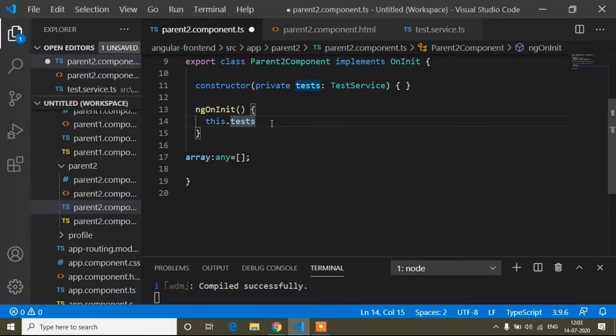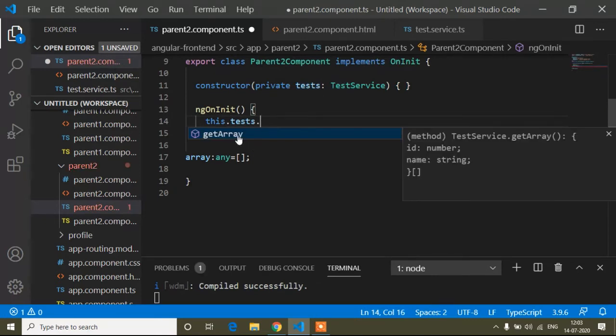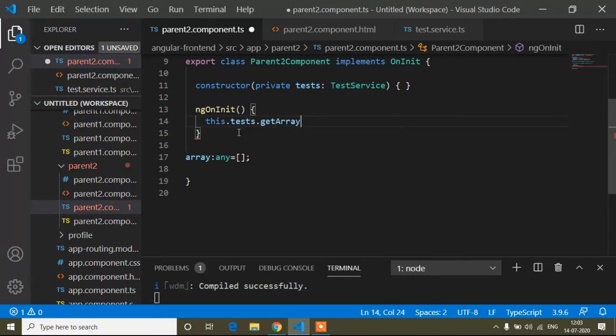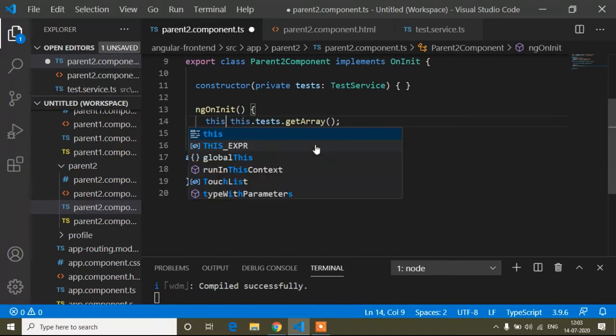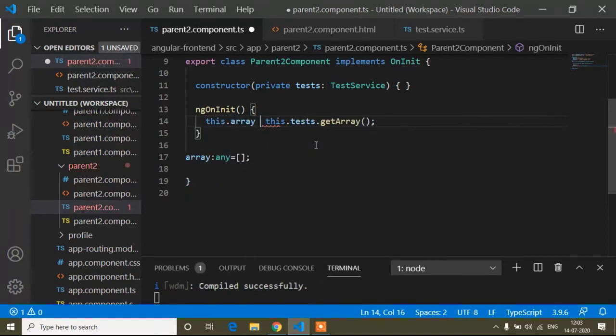So this.test, and now you can see it's showing the method getArray. getArray is the method, so parentheses, and now I have to store this in our array variable. So this.array equals to this method, which means I store this method's result inside our array variable.